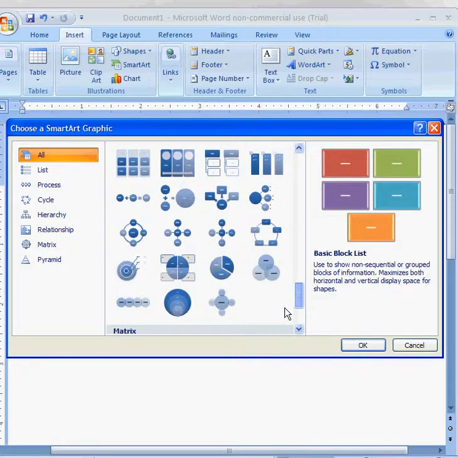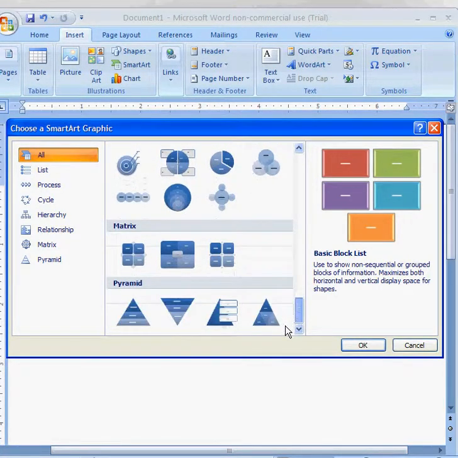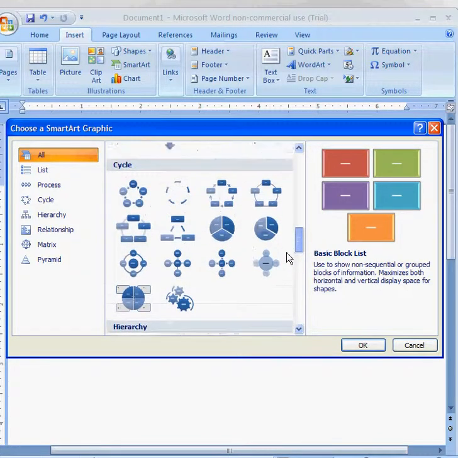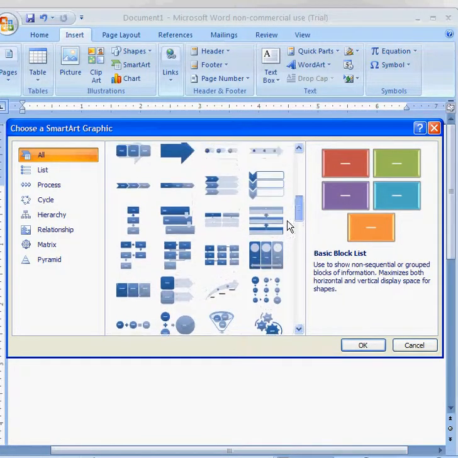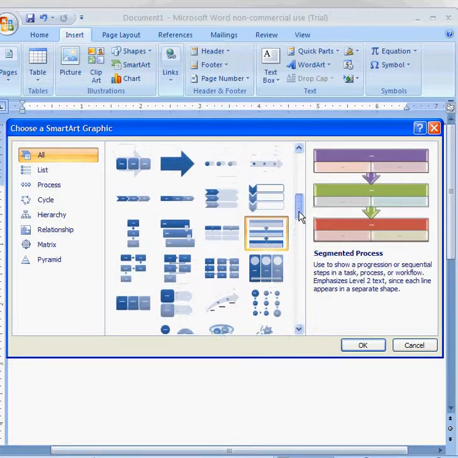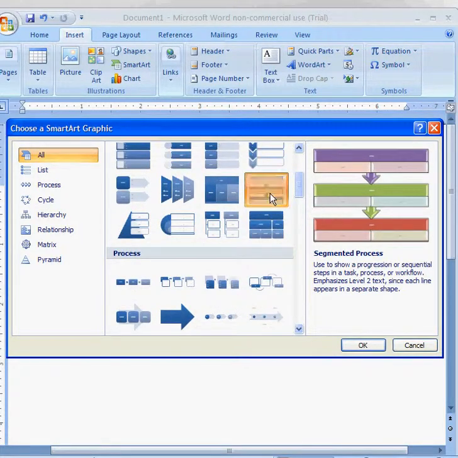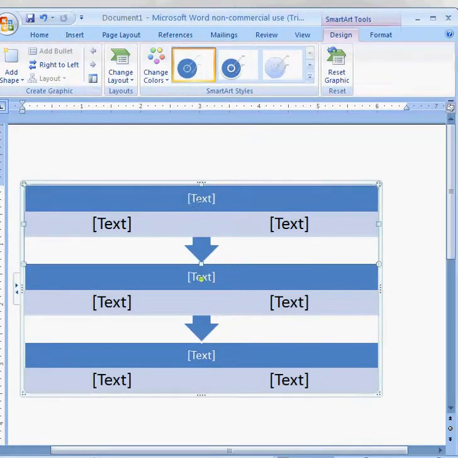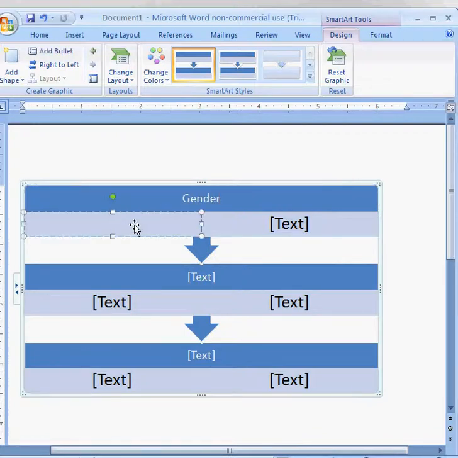And with these charts, they can overlap, like the one up here in Process is the same one as in List right here. I'll just pick this one since it overlaps, and with this you can have a heading and then tell the difference between two items such as gender. You can have male